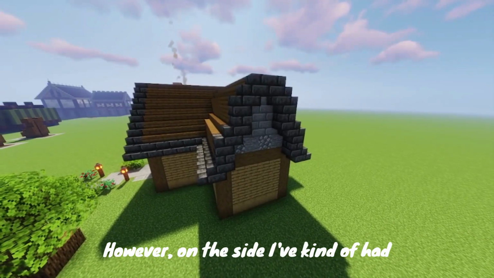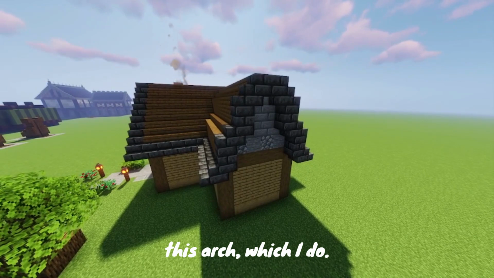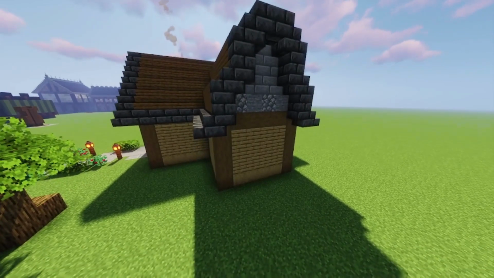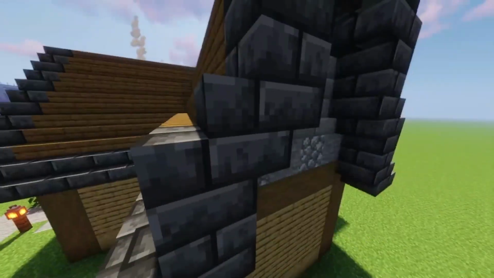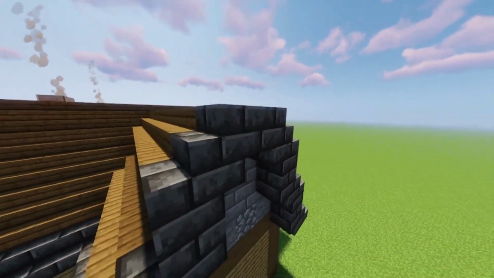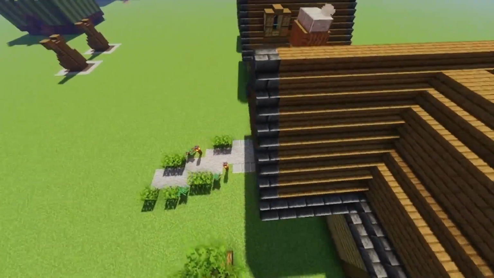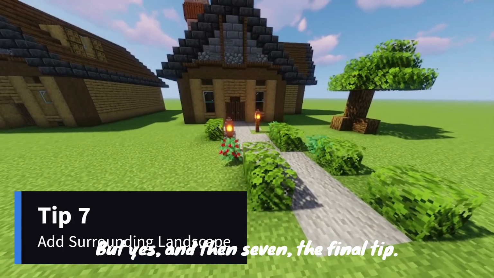However, on the side, I've had this arch, which I do by adding in a stair, then a block, then a stair, then a block, then a stair. Then slabs on the top to cap it off. But yes, and then 7, the final tip,